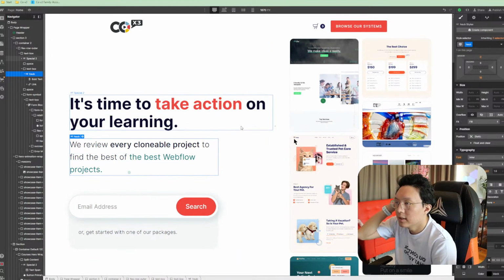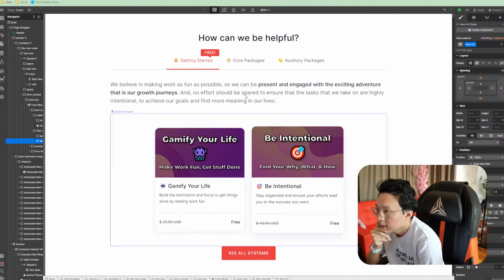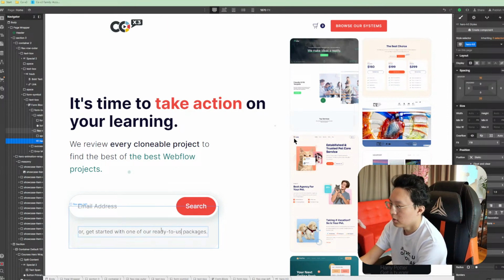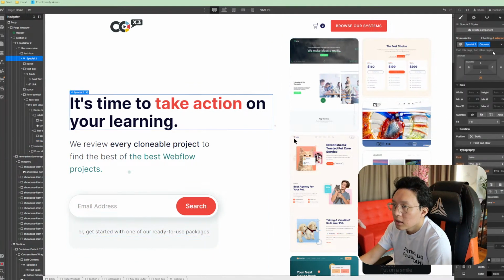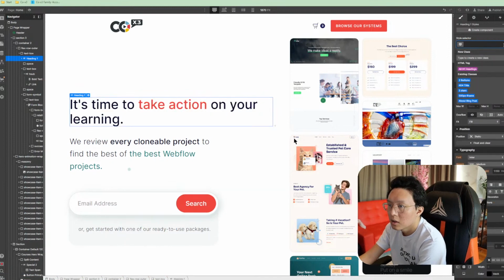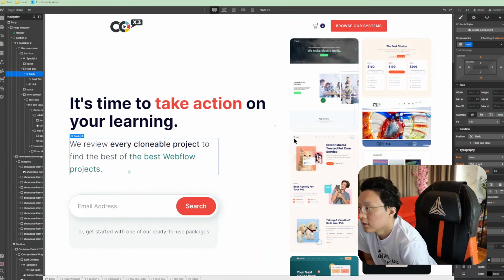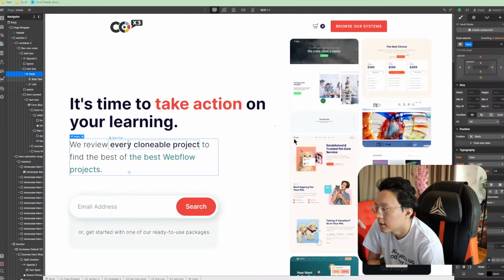And then what I'm going to do now is go ahead and start one of our packages, and then packages basically will snap them down to this section. Or get started with one of our compiled, ready to use packages. No, I like the thicker one. It's time to take action on your learning. And then we have probably a section here for